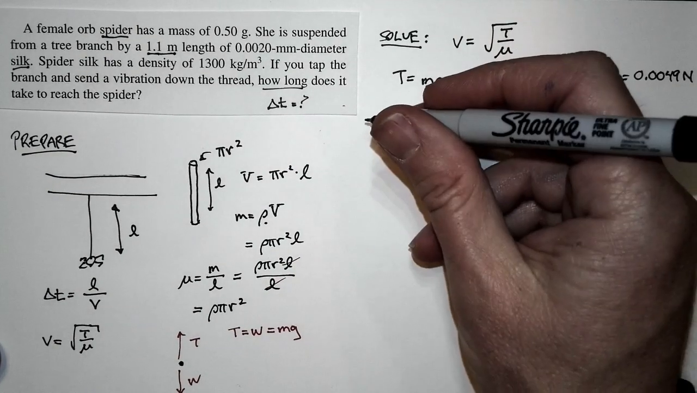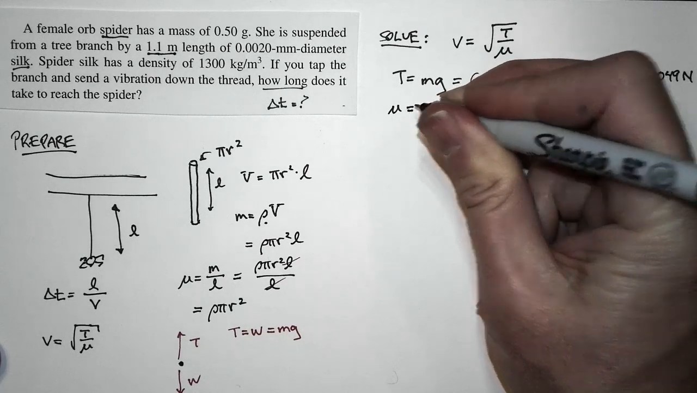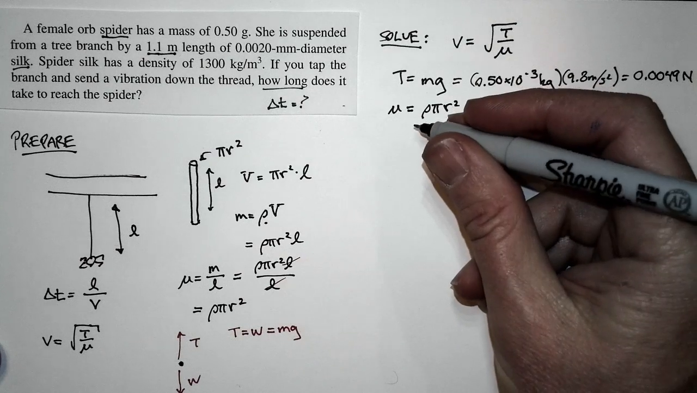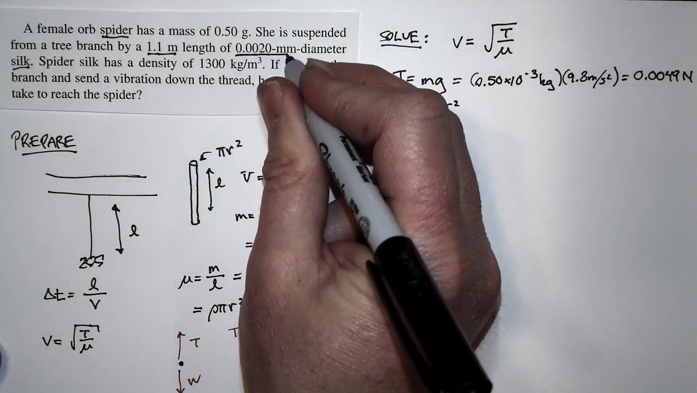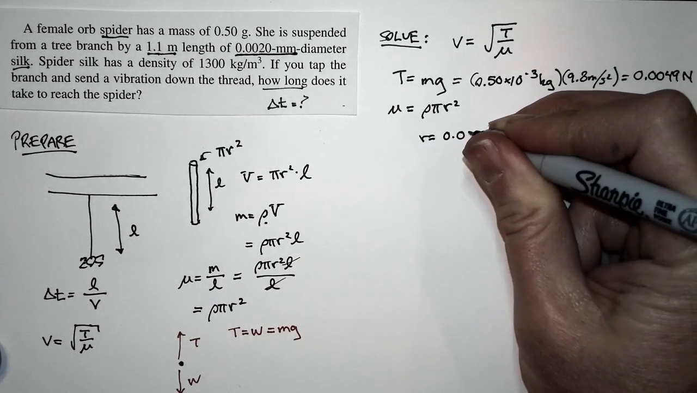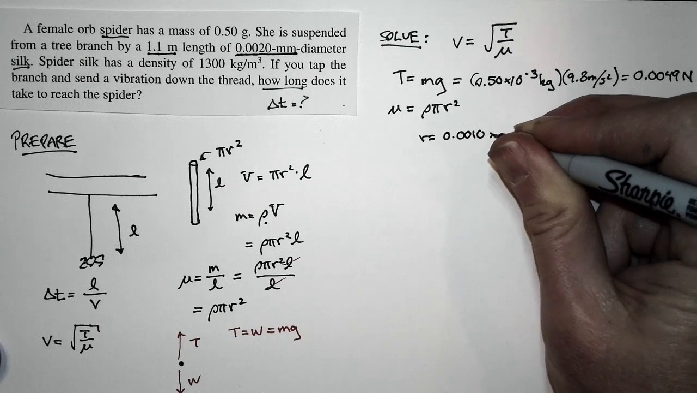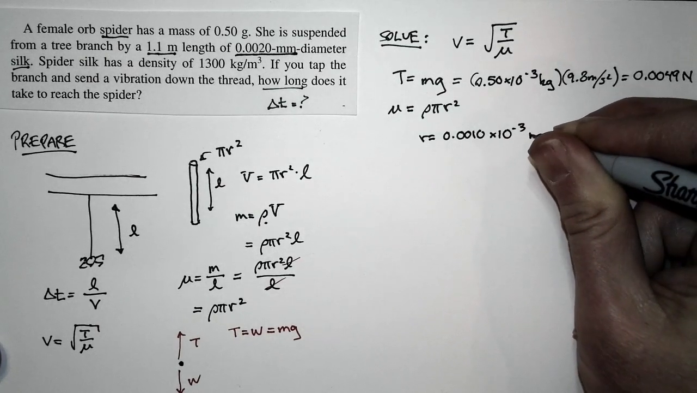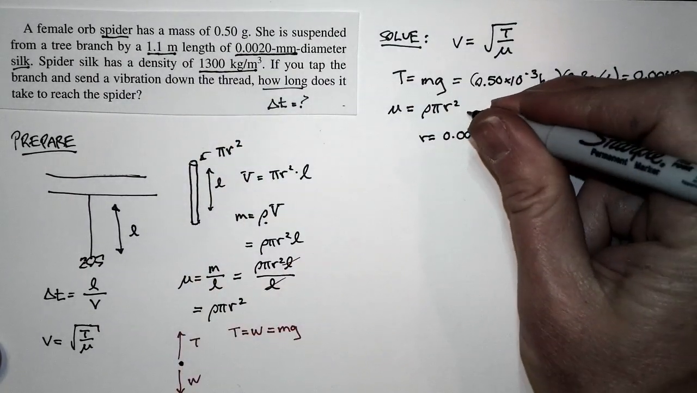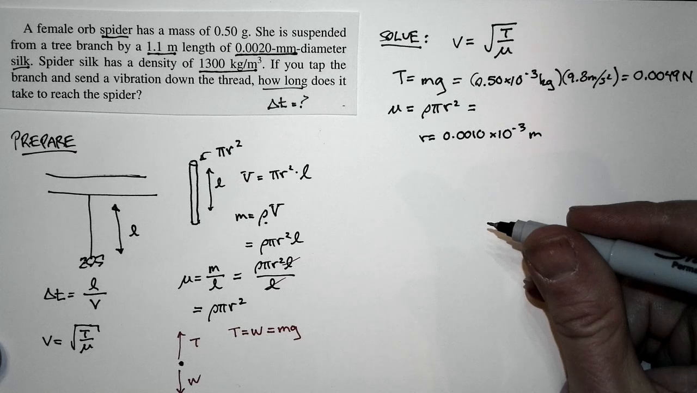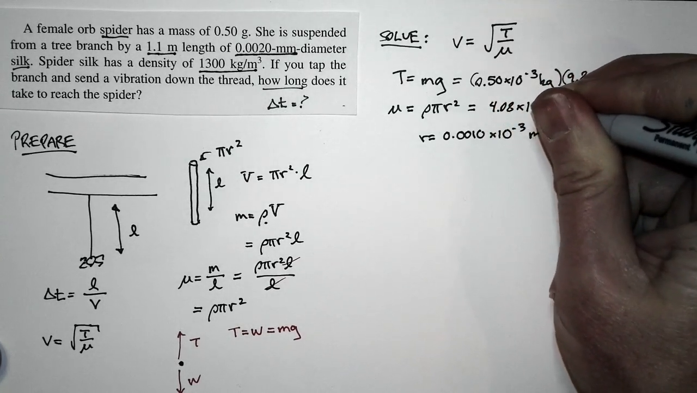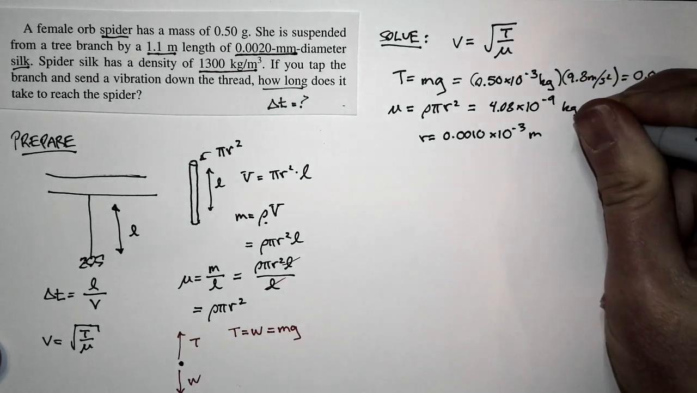Next up, we can compute the mass per unit length. We can compute that quantity mu. Well, that's just equal to rho times pi times r squared. Now, we aren't given r. We're given d. Okay, it's 0.002 millimeters, the diameter. So the radius is half of that. It's 0.0010 times 10 to the minus third meters. That's the radius. The density is given. It's 1,300 kilograms per cubic meter. So mu, if we calculate that out, comes out to be 4.08 times 10 to the negative ninth kilograms per